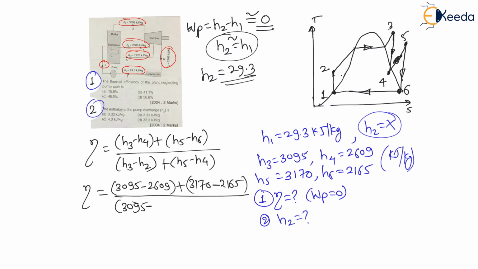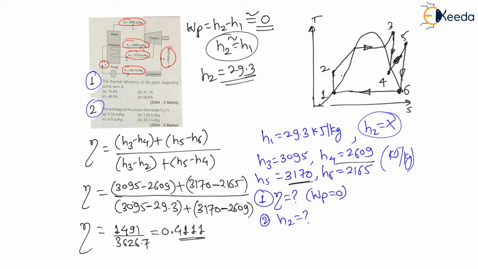So let us put here, instead of H2, we have to put H1, which is nothing but 29.3, plus H5. H5 is 3170 minus H4, which is 2609. So if I put all the values, then the efficiency of the cycle will be 1491 divided by 3626.7, which will be equal to